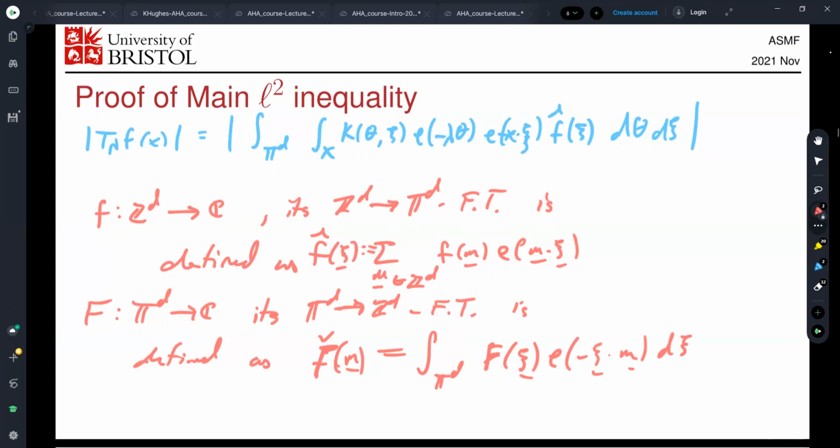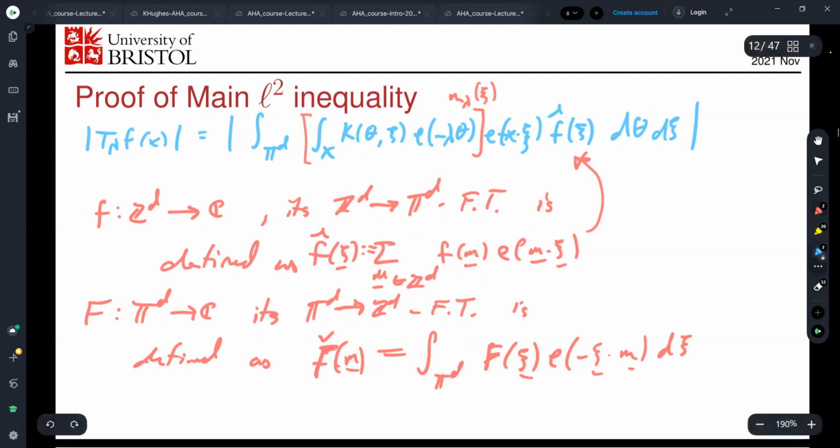Great. Right, so in particular, I'm using that right here to define f hat, and this multiplier was m of lambda of c. Brilliant. Now, that digression aside, let me just say